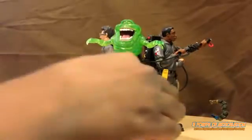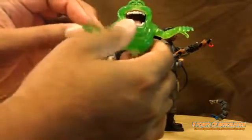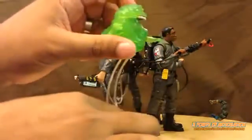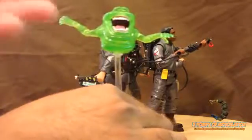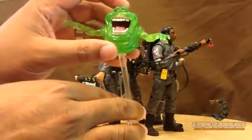Let's just start with Slimer here. He's not a figurine because he's got articulation, he can rotate his shoulders and his elbows. He comes with this little clear plastic figure stand to keep him floating in the air. The paint details on this thing are really nice. I don't know if you can see it on the camera, but you can actually see